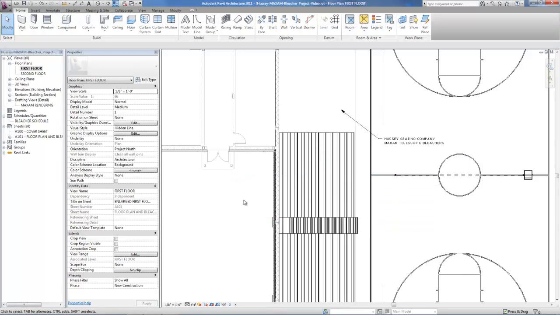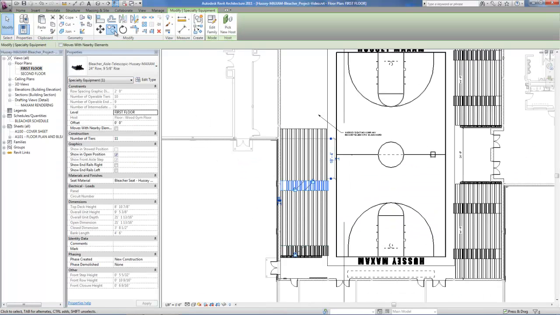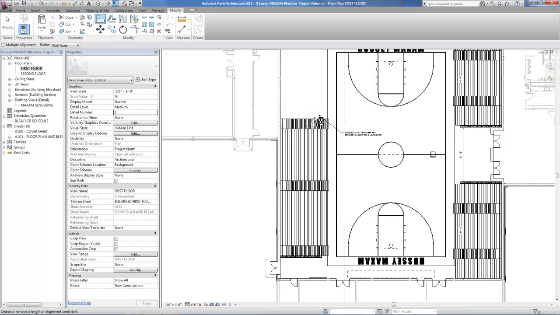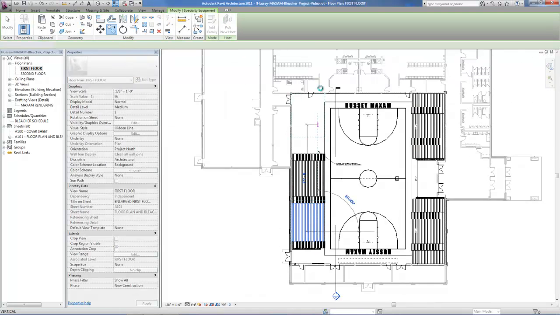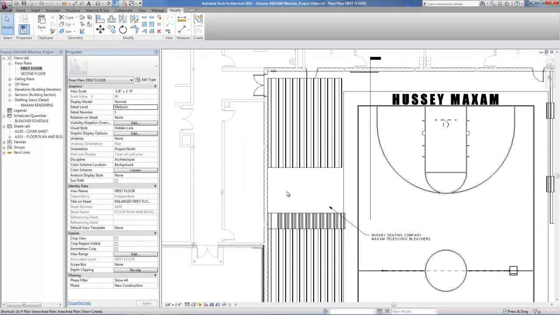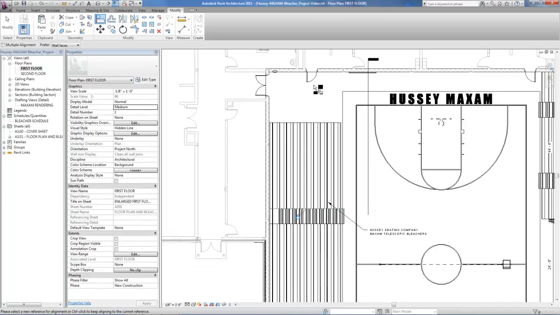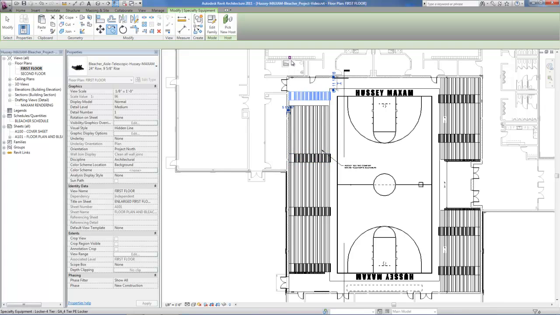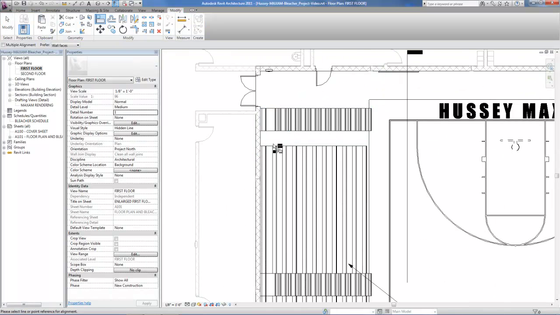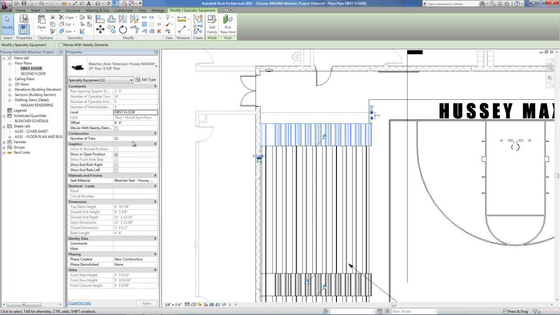I'm going to delete my temporary line, and I'm going to copy another aisle family up, and align and lock it. Then I'm going to copy my same maxed out 25-foot 6-inch space, since I know it will fit, and I will align and lock it. And I'll complete this bank and in fact my gym layout for the bleachers by ending with this aisle family at the top. And I'll go ahead and turn the end rails on to the right side of them,